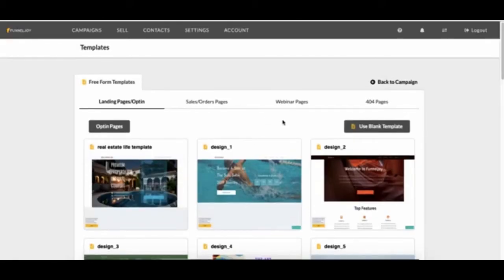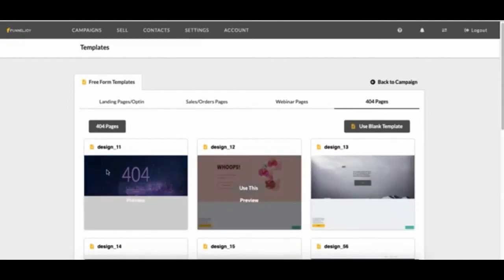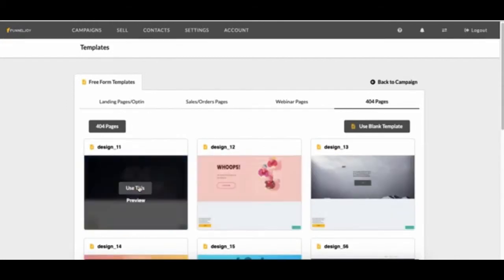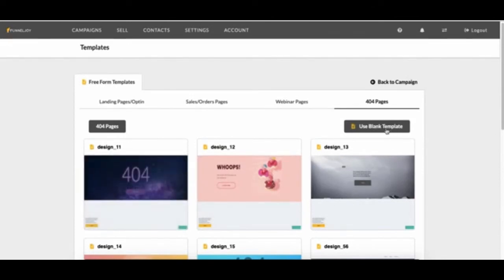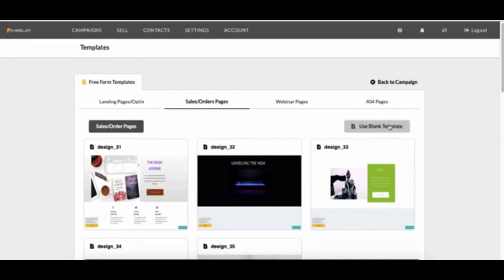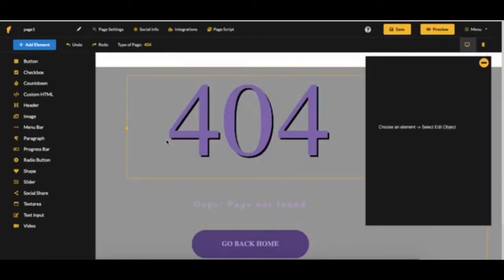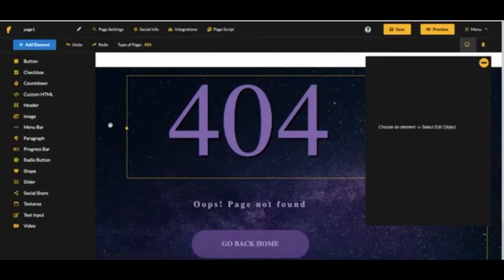I then get a list of templates. So we have landing page / opt-in, we have sales order pages, we have webinar, we have 404 pages. So if I select, let's go with this 404 page, and you can also use a blank template, but you have to pick your blank template under the type that you want. So if you say sales and order, and then you click use blank template, that would create a sales and orders page but blank. So if we use this 404 page, you can see that it's loaded up the editor,